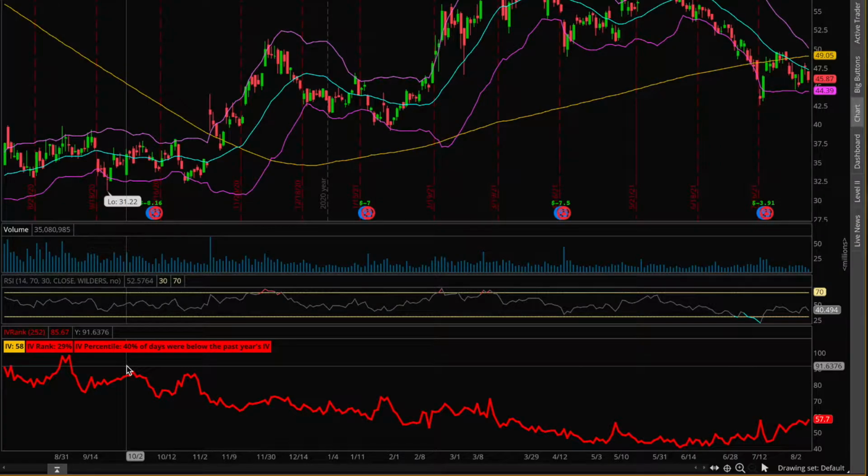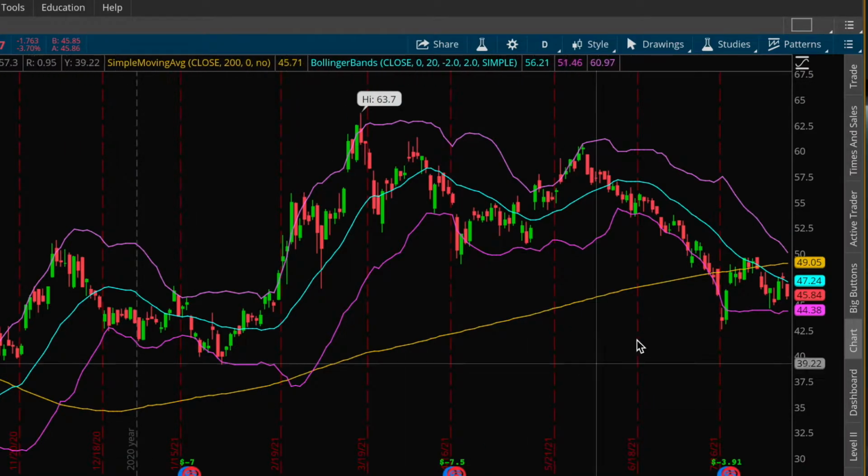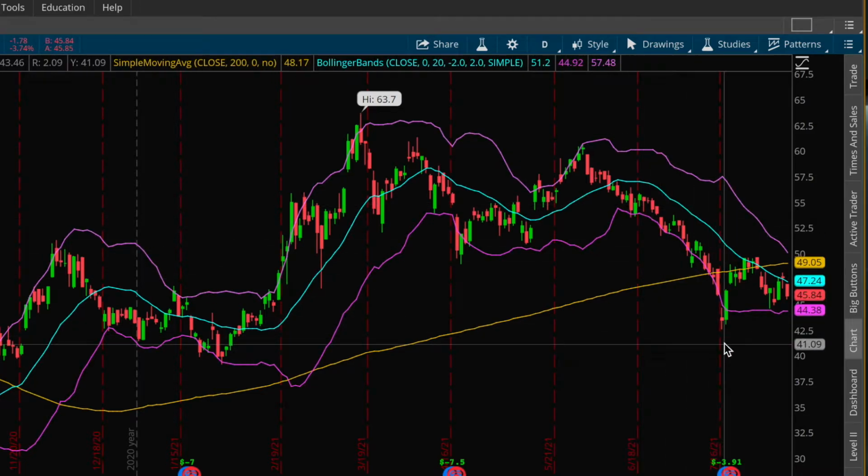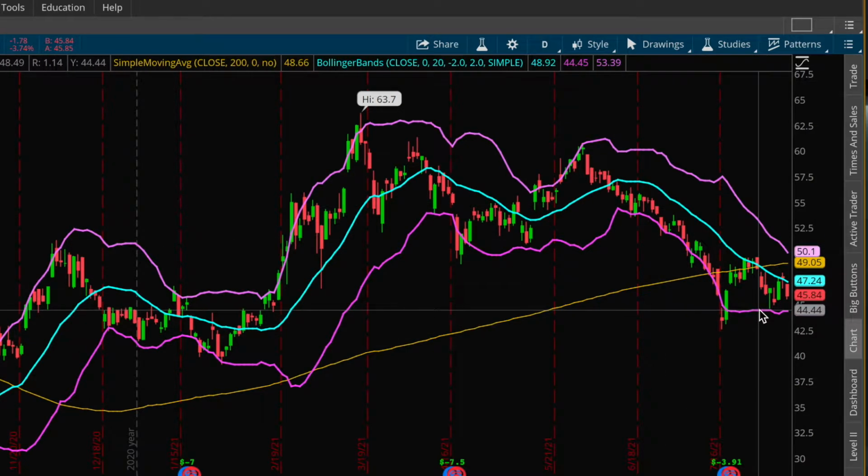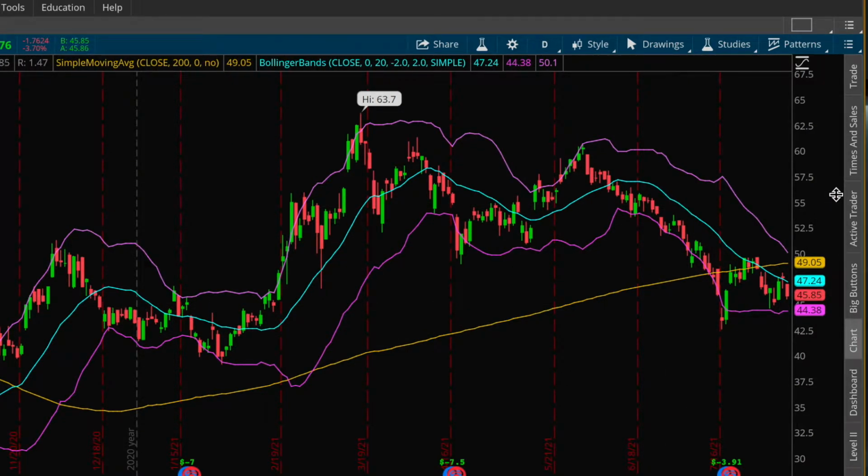So this translates to an IV rank of 29%, that's not bad, and an IV percentile of 40%, also not too bad. Now, I personally do not have too much of a directional assumption for the stock. I think it could perhaps continue to climb a bit higher over the next few weeks. You can see as of late, UAL has definitely sold off pretty hard, so perhaps it could be time for a resumption back up higher. But in terms of support and resistance levels that I'm trying to identify, and that helps me pick my strikes,